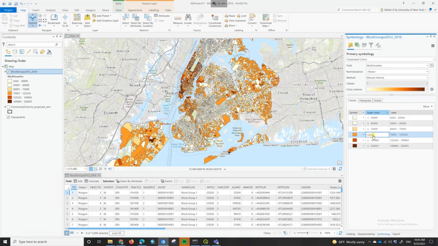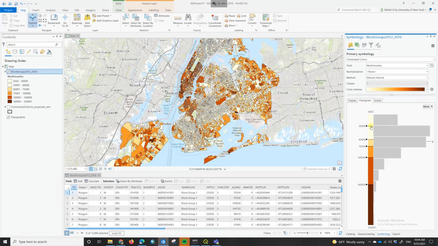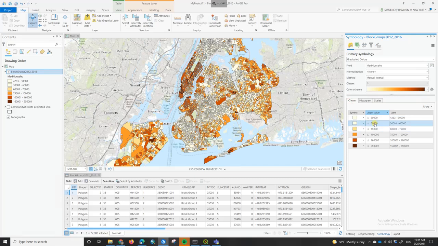Maybe 100. 160. And the last number is the maximum number, so you don't really want to change that. And you can go back and see your breakpoints are located here. You might decide to change these a little bit, maybe 30 to 50 would be a better